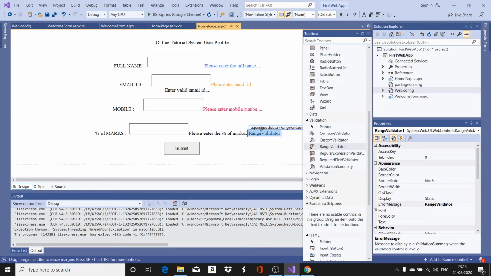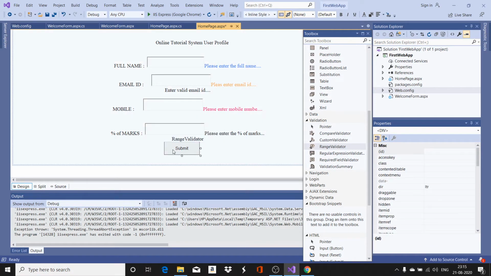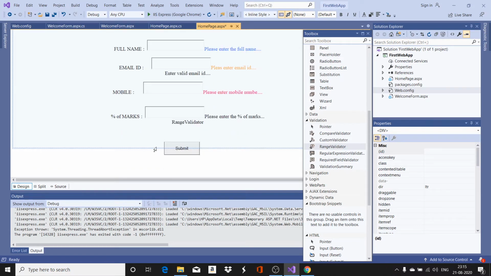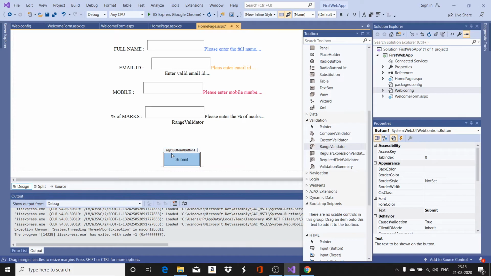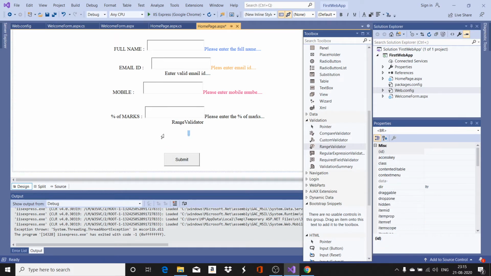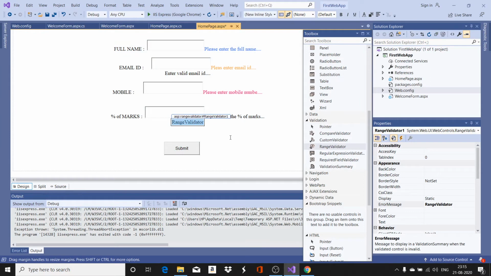So this is the range validator, keep it below. I want it to be inside the division. Yeah. Yes, I add the range validator.